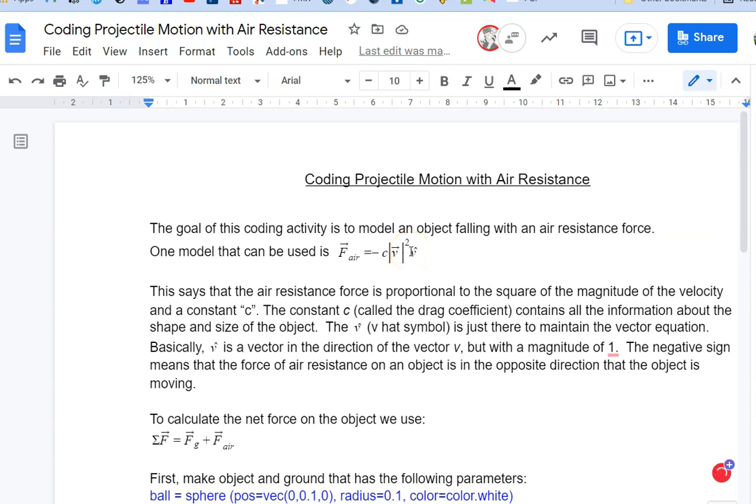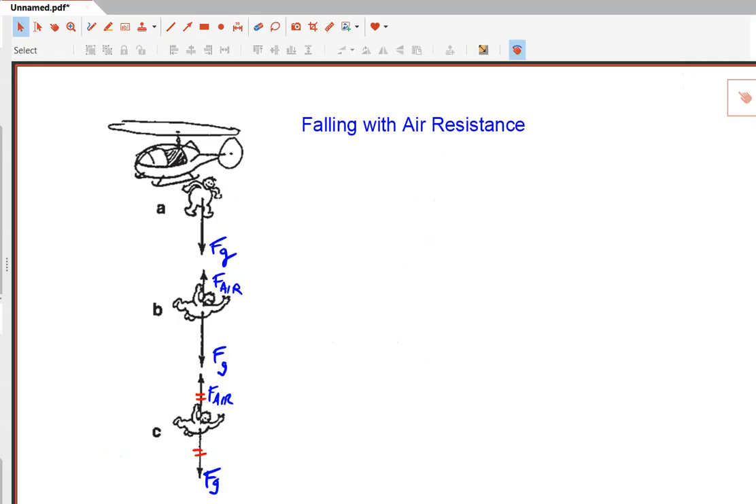Alright, in this video we're going to be looking at coding projectile motion with air resistance. So, let me go over here to my notes and let's just talk a little bit about an object that's moving through a fluid. We'll be experiencing a drag force. You can see here that I've shown it as F air,